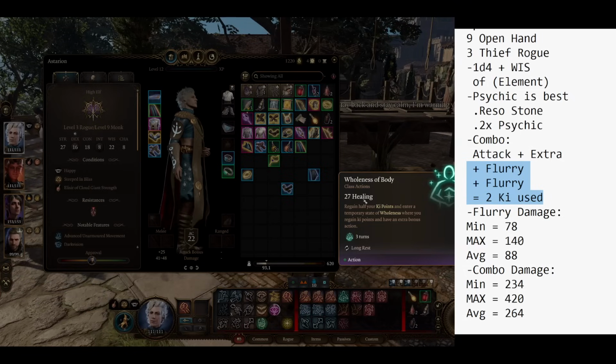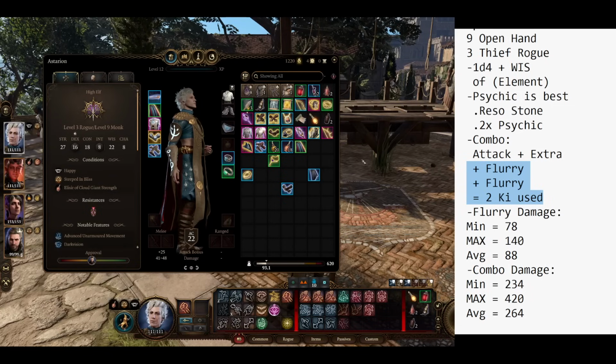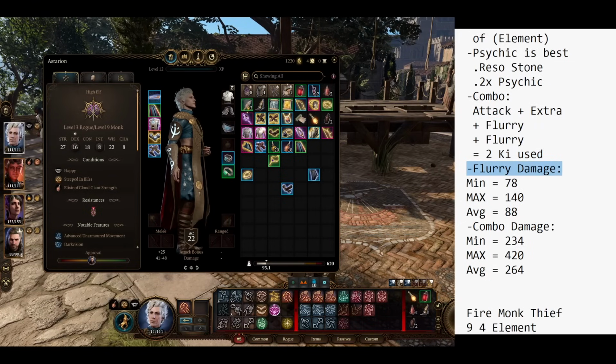Well, of course, we could use Wholeness of Body. Anybody who's run one of these open hand monks, you can set up a turn before, and you'll have 8 punches because you'll have a whole nother bonus action. Tavern Brawler open hand is absolutely insane with Thief, but this comes out a single